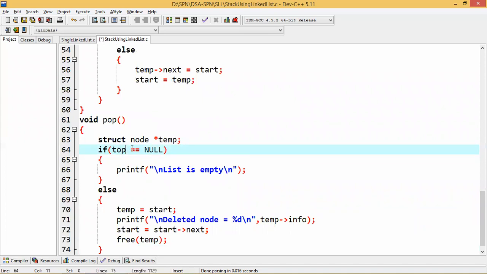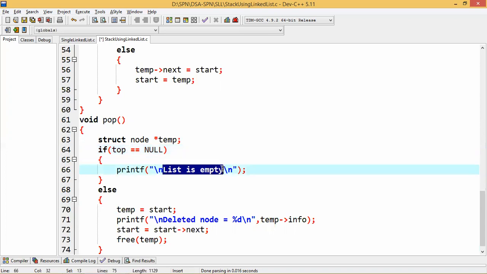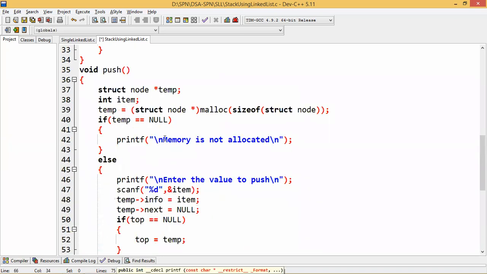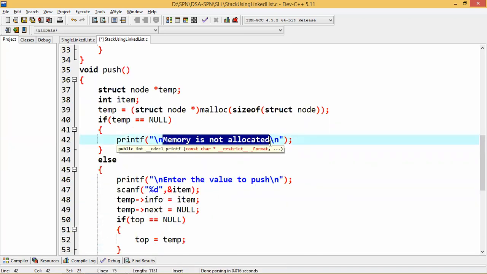Okay. Now, while displaying or deleting a value, first of all you have to check whether an element is there or not. If top is equal to null, that means stack underflow. Similarly, when memory is not allocated, you can give the message stack overflow, which means space is not available. Okay.